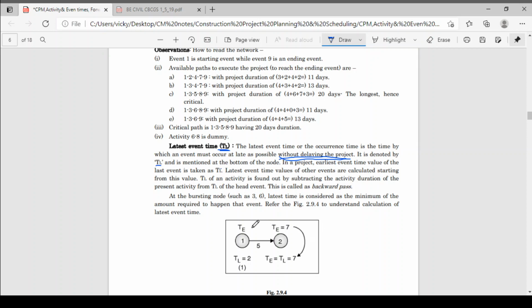Okay, your earliest event time we mention at the top of the node and latest event time is mentioned at the bottom of the node. Earliest event time is denoted in a square while latest event time is denoted in a triangle. We have to show it in a triangle. Latest event time values of the other events are calculated starting from this value. TL of the activity is found by subtracting the activity duration of the present activity from TL of a